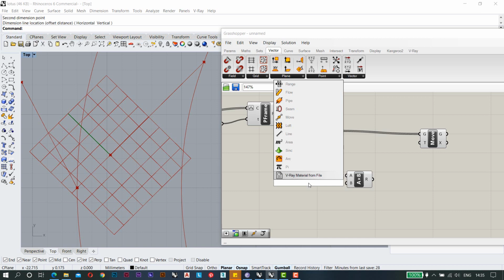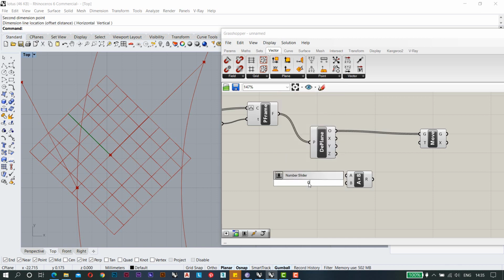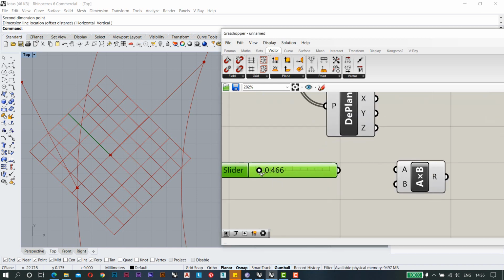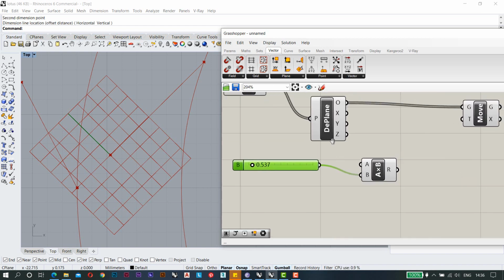So I'm just adding a point like 0.5. So this is the number slider that I need. I will make it in this manner. This will go into this one, and I just need to move the y factor, so I'm putting the value in y.